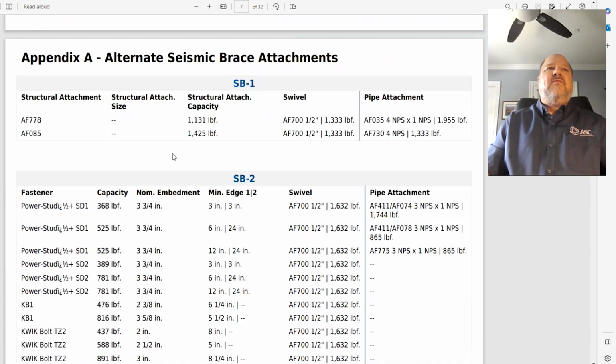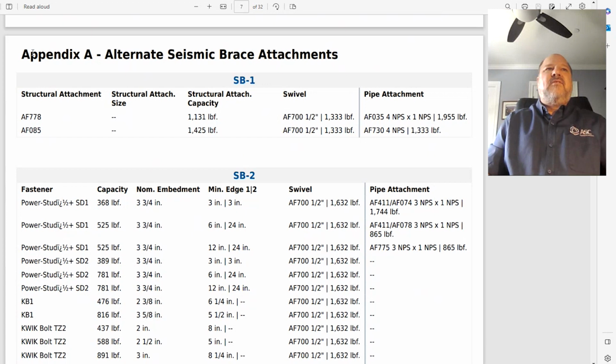Next thing in our report we give you is Appendix A. It's alternate size brace attachments. Now, our software only supports our products, and you should only ever use our products. Our products are only tested in conjunction with our products, and we only know what our products will do. That being said, we also know other products we make and have in our portfolio. So if we have other products that we make and sell that will also do the job,